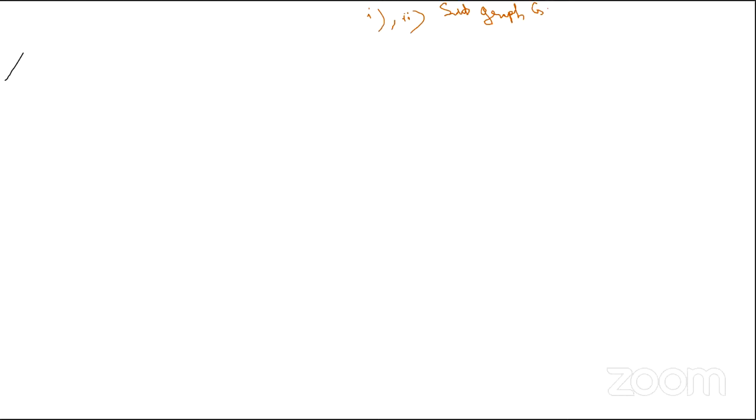Here, for example, you see page number 133. If G is a simple graph with 15 edges,